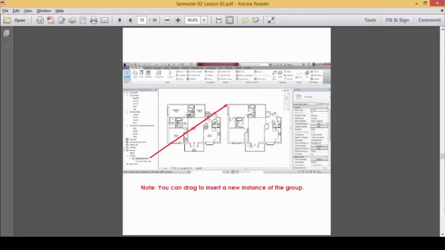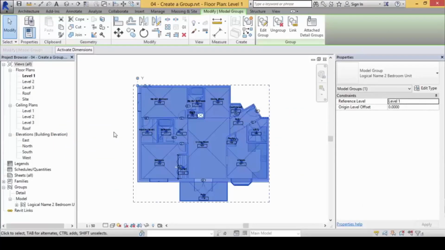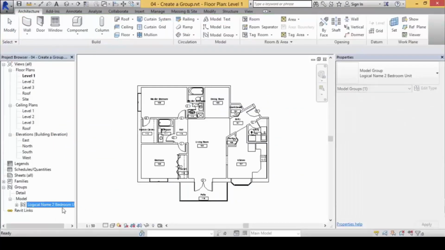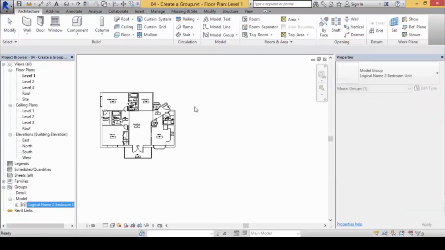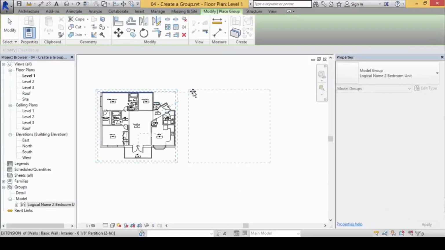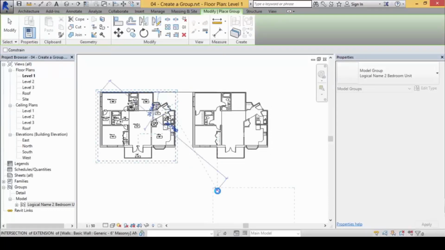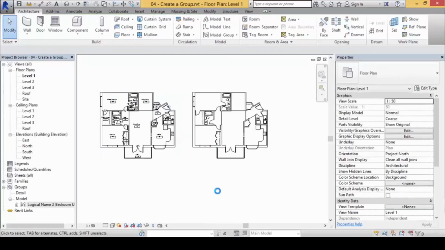Next, what we can do is I can simply just click and drag this group, and then I can just block it here like that to create a duplicate of this group itself. Just like that.